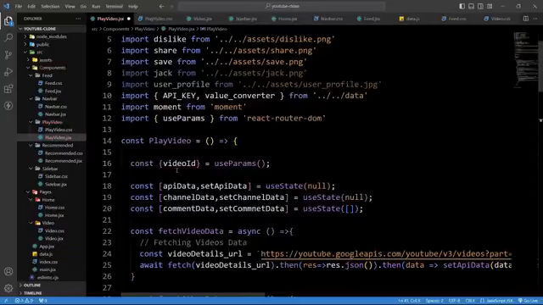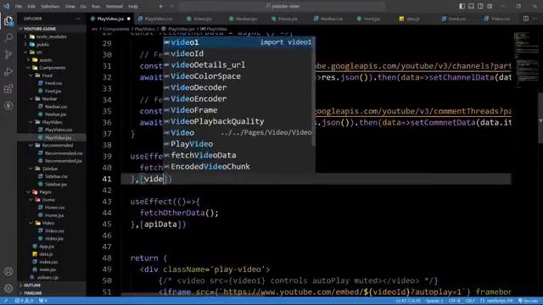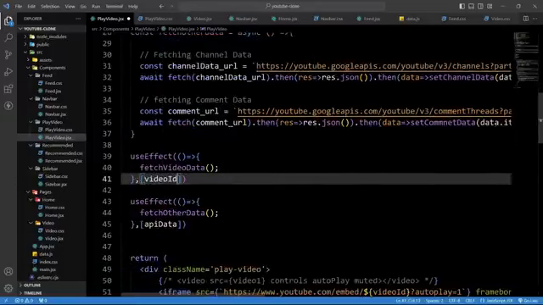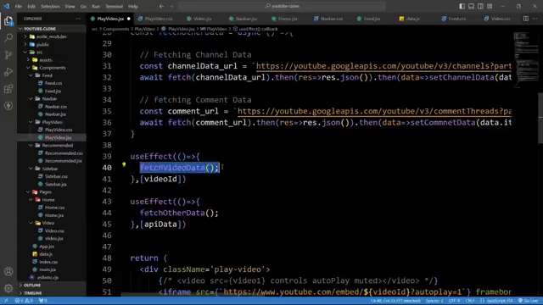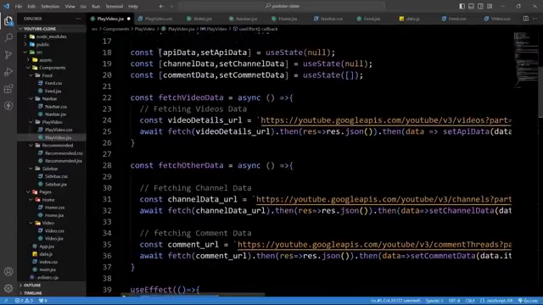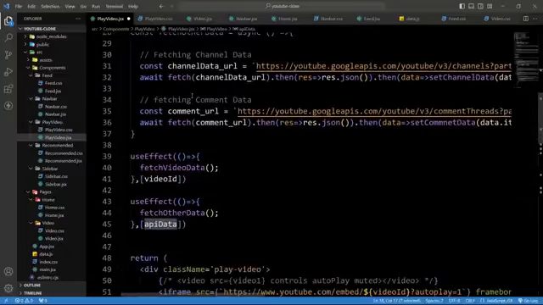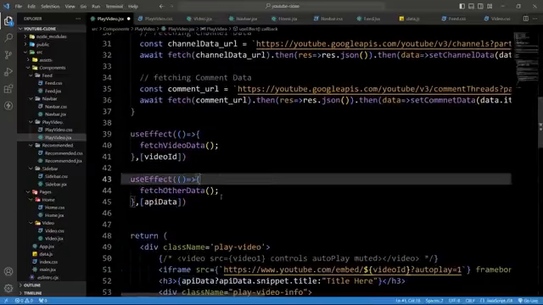So let's add const video ID equal to use params. After that, we will provide this video ID here, so that when the video ID will be updated, this fetch video data will be executed. When this will be executed, this will update the API data, and when the API data will be updated, it will call another function which is fetch other data. Now save the changes